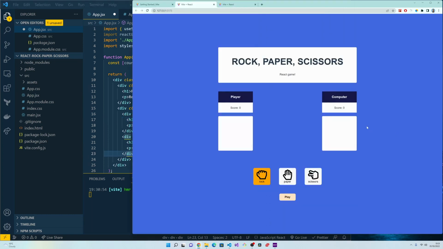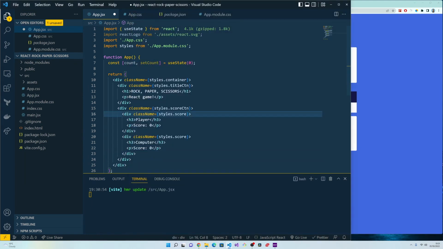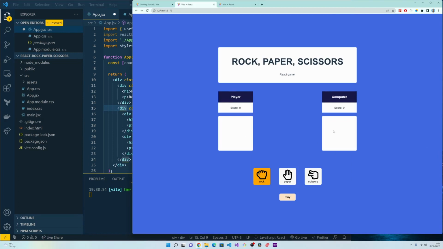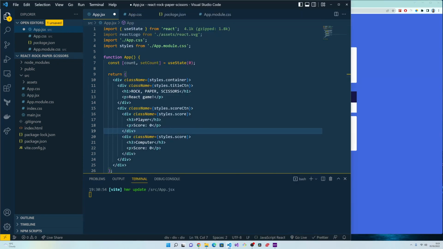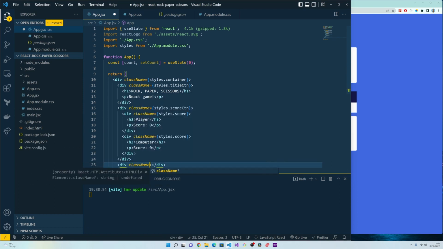So I think this is fine. Just like that, we should have this one and this one in here. After that, we can have these sections where this is where we're going to see the hands, like which hand you choose, and the computer as well. So for that, I'm going to create another div, and this one is going to have a class name of, let's say, the results,